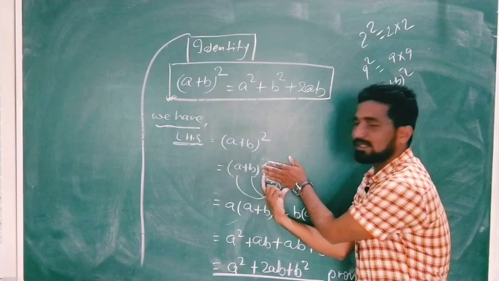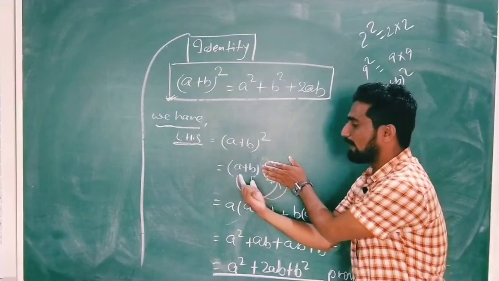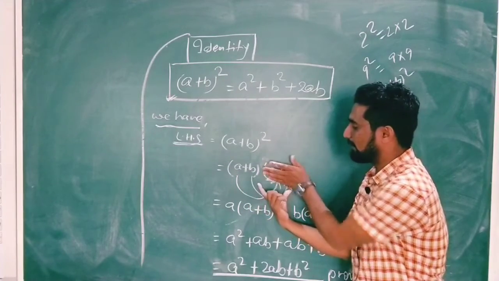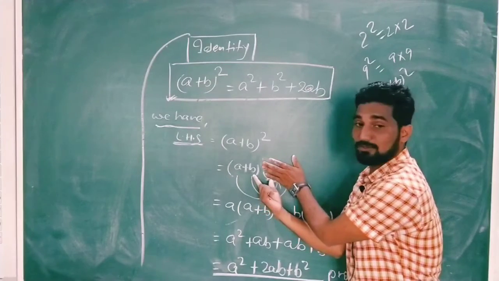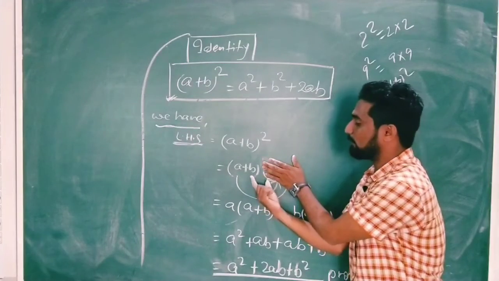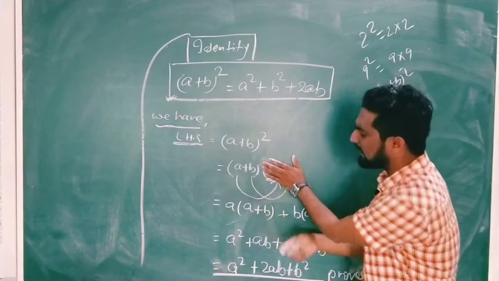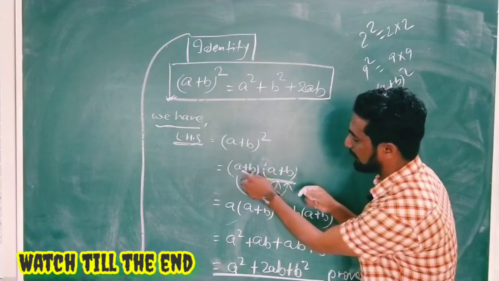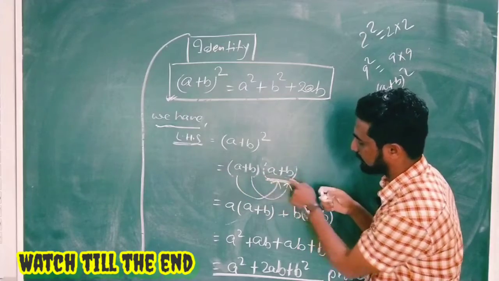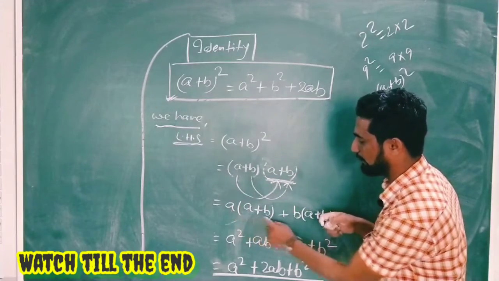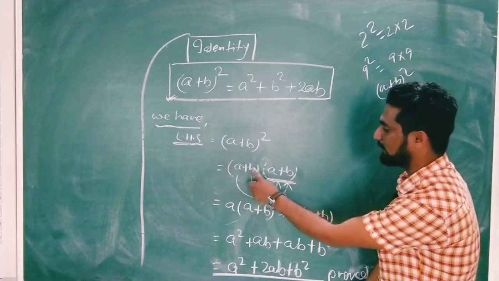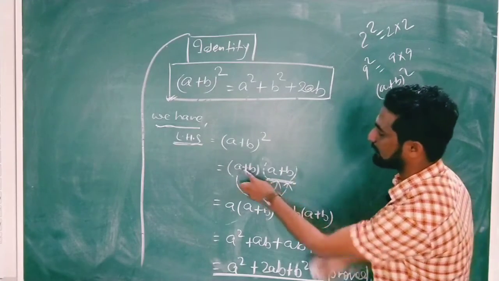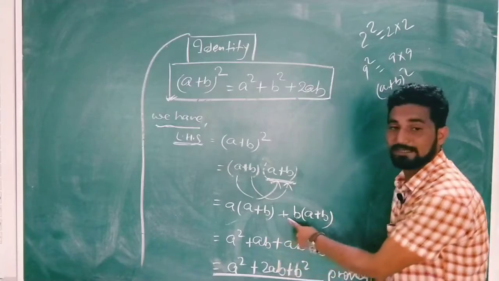और इस दोनों के साथ उसको सटाना है। मीन्स, you have to just take a and you have to just multiply with this (a plus b) both. Then after that you have to take the another participant of this family and that is b, and you have to multiply with (a plus b). That I have done only. First I just took a and with a I just multiplied this (a plus b), you can see a into (a plus b). Then after that I just took b and I just multiplied this (a plus b) with b also, and the relation between them is plus, so plus is given.